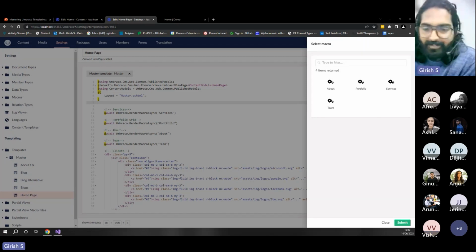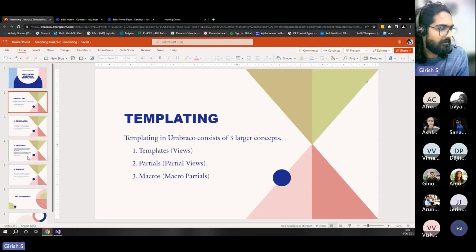So the thing is, partial views can be included in your template for sharing functionality across different page templates. A partial view in Umbraco is exactly the same as a partial view in normal MVC projects, but in the case of macros, the macro is a kind of wrapper for a reusable piece of functionality that you can utilize in different places throughout your page. The other benefits of using macros are like,